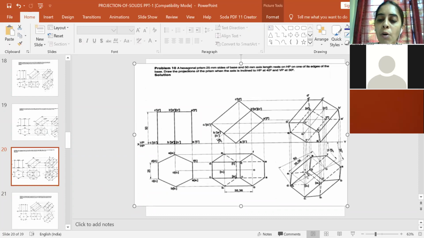So once you got all these corners, you just join A1 to B1, B1 to C1, C1 to D1, D1 to E1 and E1 to F1. So this will get you the bottom surface, but be careful, don't draw all the sides continuous. You have to see which sides are hidden. Kindly draw the hidden lines as hidden lines right away, and the remaining sides which are visible, draw them normally. So once the bottom surface is done, please take the projections.